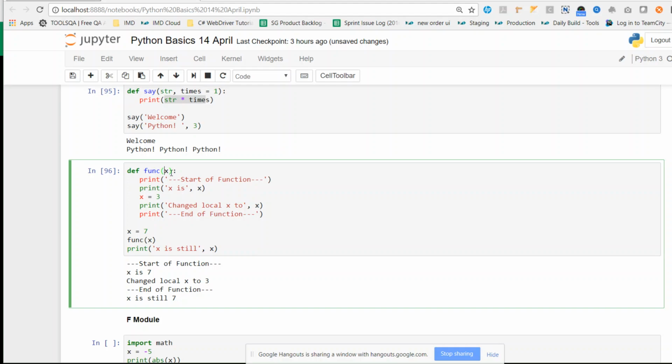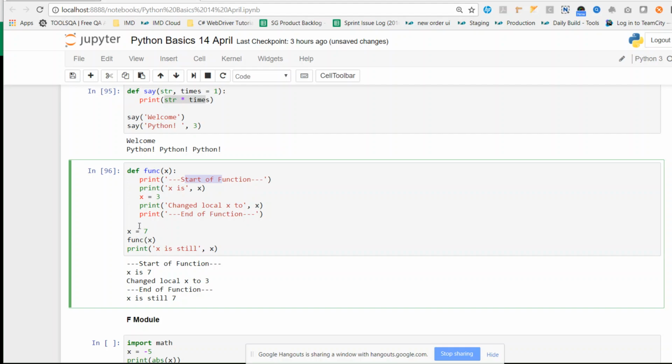What this function does is, it will print start of function. It will print the value of x, whatever is passed. Then it will change the value of x to 3 and say change the local x to 3, and it will say end of function. That's what this function does.